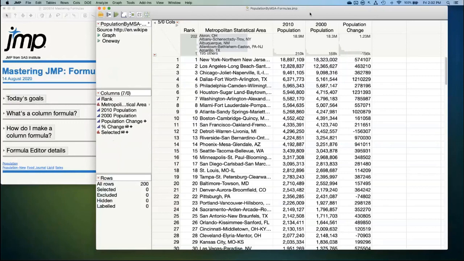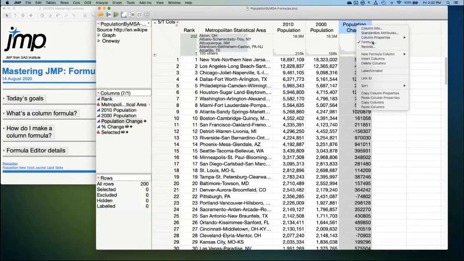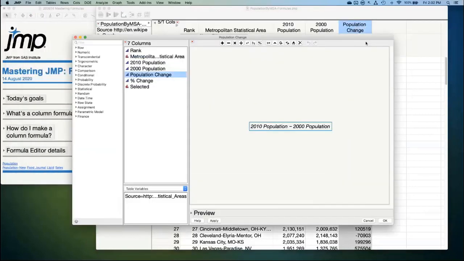Here I have some data on 2000 and 2010 populations of major metropolitan areas in the US. You'll also see I have this population change variable here. And this is a variable that I've created with a column formula. That is, it's not hard-coded in the data table itself. It's actually being computed by this simple formula here, where we take the 2010 population and we subtract the 2000